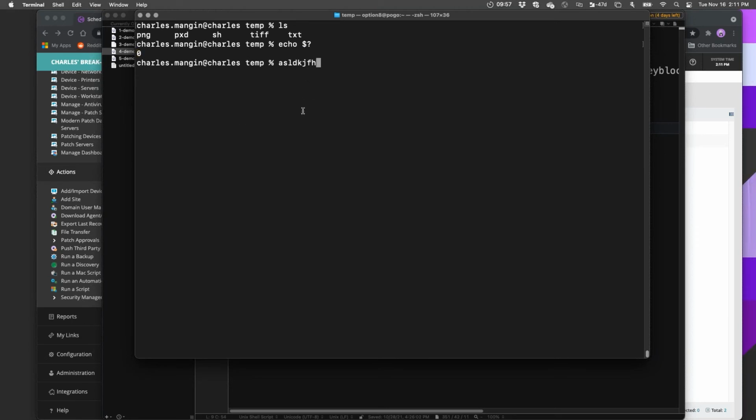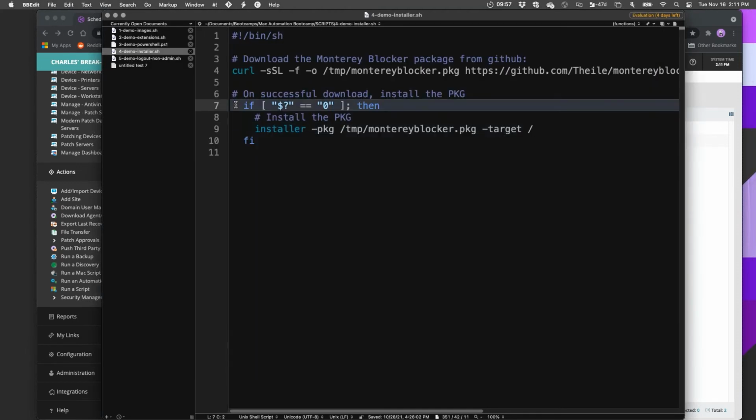If I type in something that doesn't exist, command not found, and I do the same thing, that error code is something I can act on in my own scripts. My command wasn't found, I get an error 127, or really anything non-0, then I can stop my script or branch at that point and say, from here, I had an error and now I need to correct it. That's just a really simple example of the error checking.